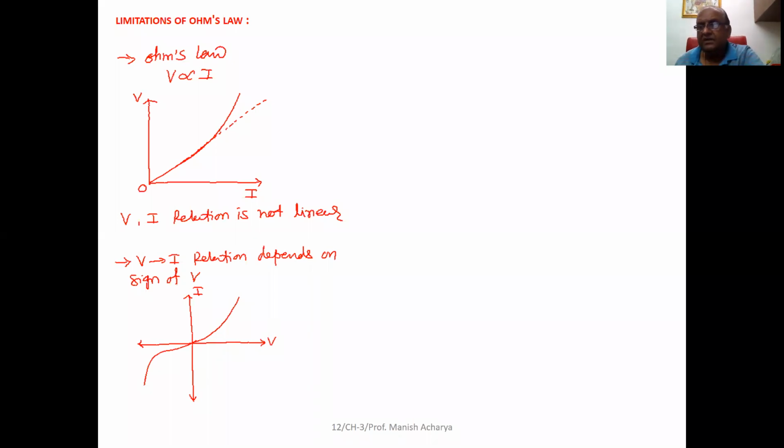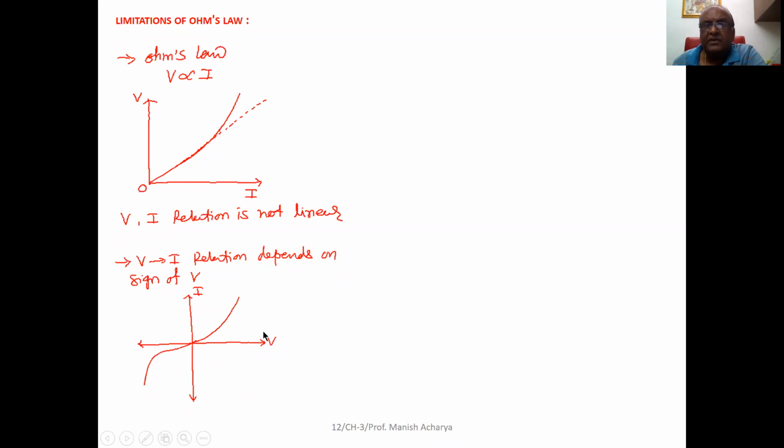But suppose we think about diodes. We will study about them at the end, in chapter 14. Diodes are semiconductors. Okay, so in that, the VI relationship depends on the sign of V, meaning the polarity of the terminals. Now if you suppose